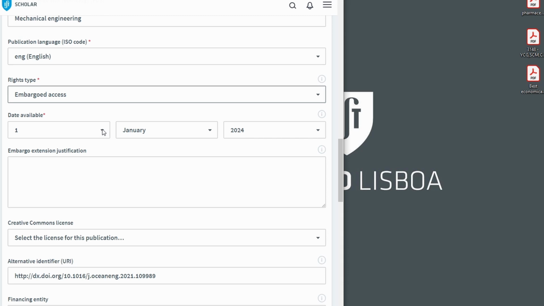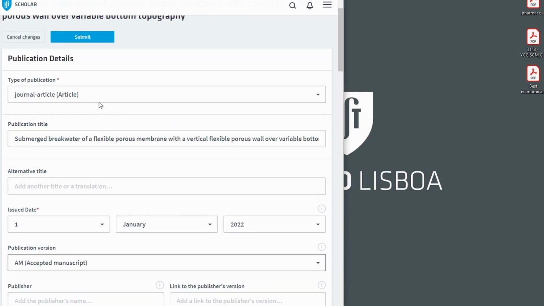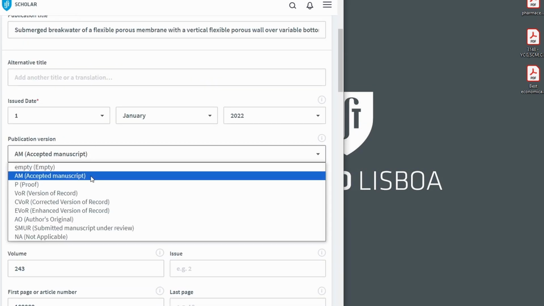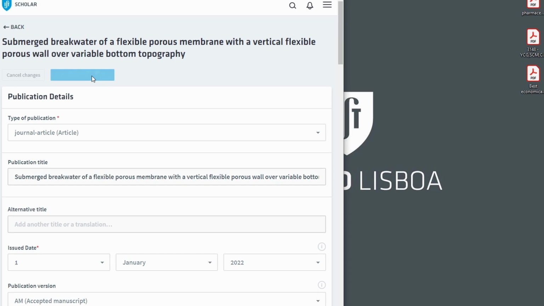We know that the document is from January 2022. We will fill in January the 1st, 2024, and on January the 2nd, this file will be in open access. We now go up and check the publication version to see if it is in the accepted version. This means the accepted manuscript. And we click Submit.